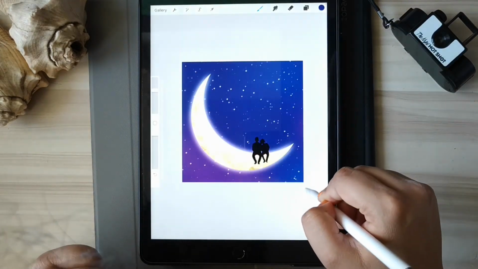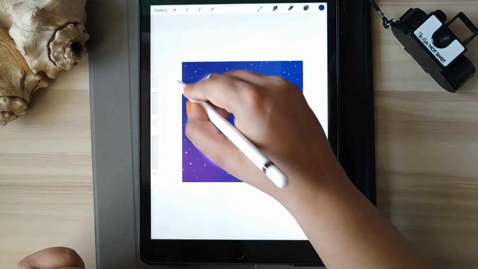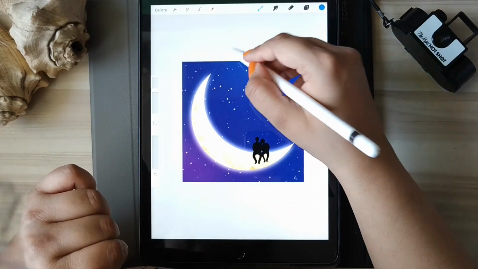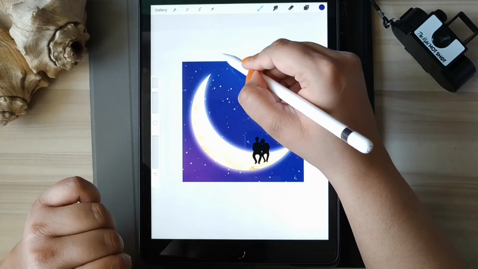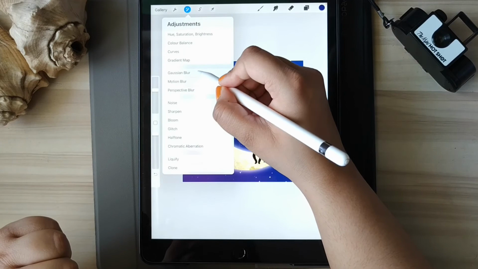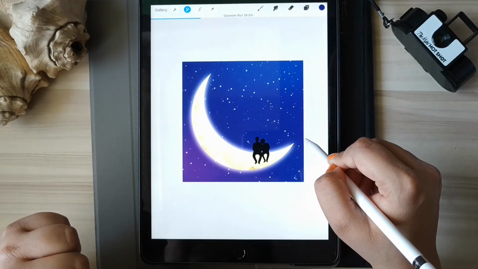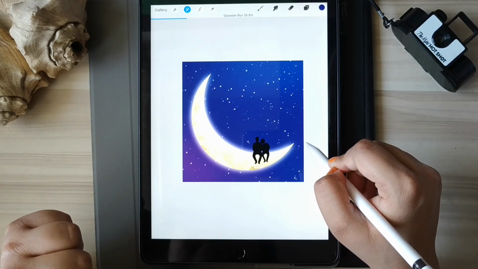You just need to make sure that whatever colors you're mixing in are in decent quantity, not too much, because that will look odd and not too good. So just be sure to not add too much of the colors, and you can also go to Gaussian blur like I did, and blend in the colors a little better with the Gaussian blur. So we are almost done with the video.